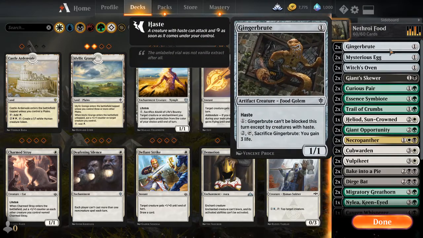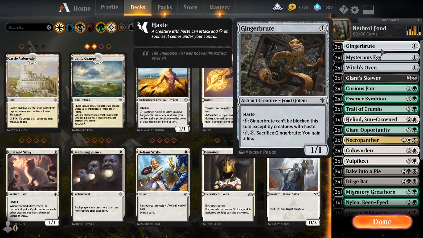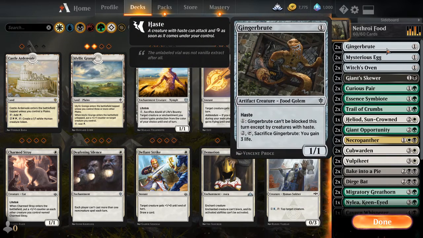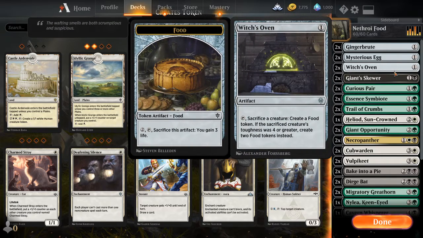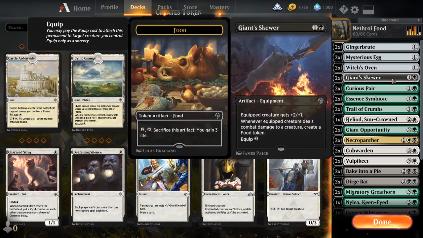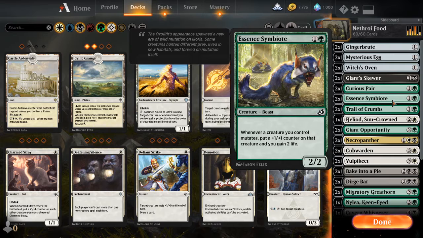So, Gingerbrute, a card like Necropanther, for example, would make up something that I would say is good so far. So, Gingerbrute for the haste, no block, and sacrifice. You can even use Mysterious Egg for that well deserved idea. The oven, I thought about the oven as well. The skewer, I've kept the skewer, I've kept the pear. One new card that I've thought about was Essence Symbiote,